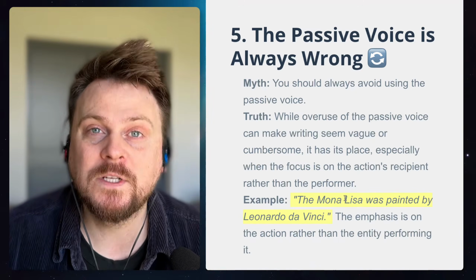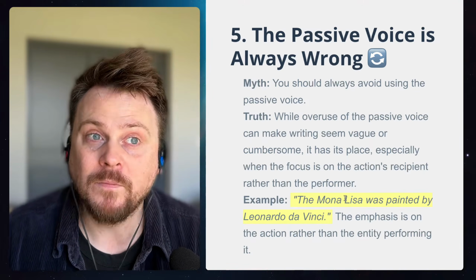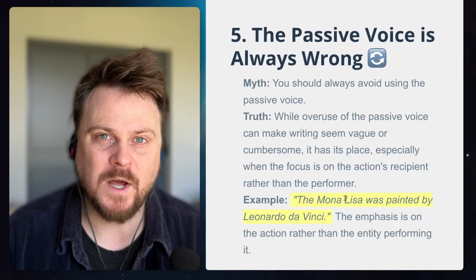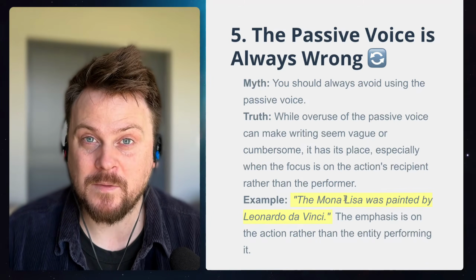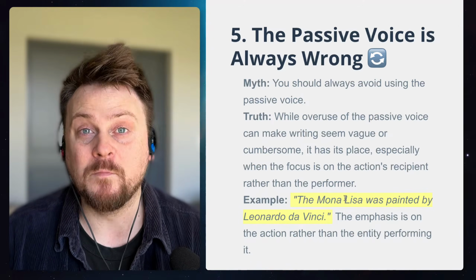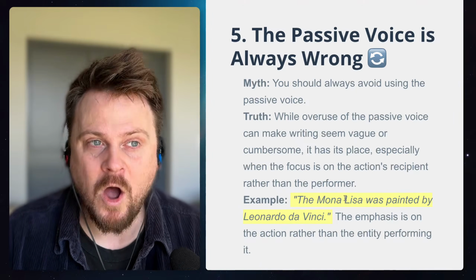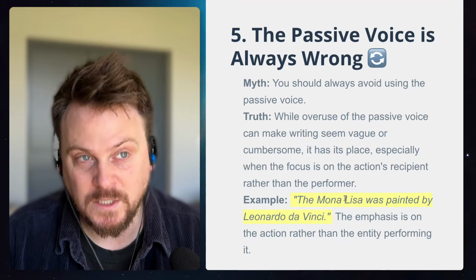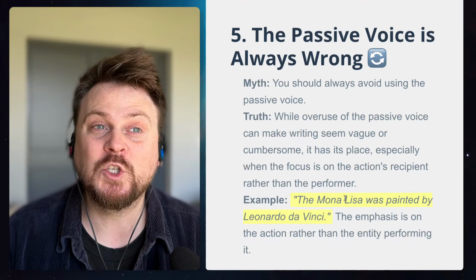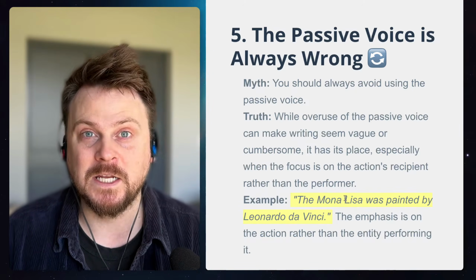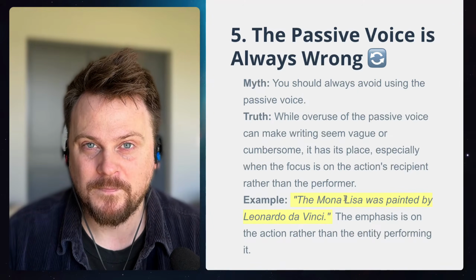So be aware of why you would say the bank was robbed by Ken. Well, if Ken's not interesting or important or the topic of this story, then actually the interesting thing that happens is the bank being robbed. And so it's better to say that than Ken robbed the bank. In fact, often when we use passive voice, we're using it because we want to focus on the object of the sentence, not the subject. And the subject is so uninteresting or unimportant that we just delete it. So instead of saying the bank was robbed by Ken, we say the bank was robbed.